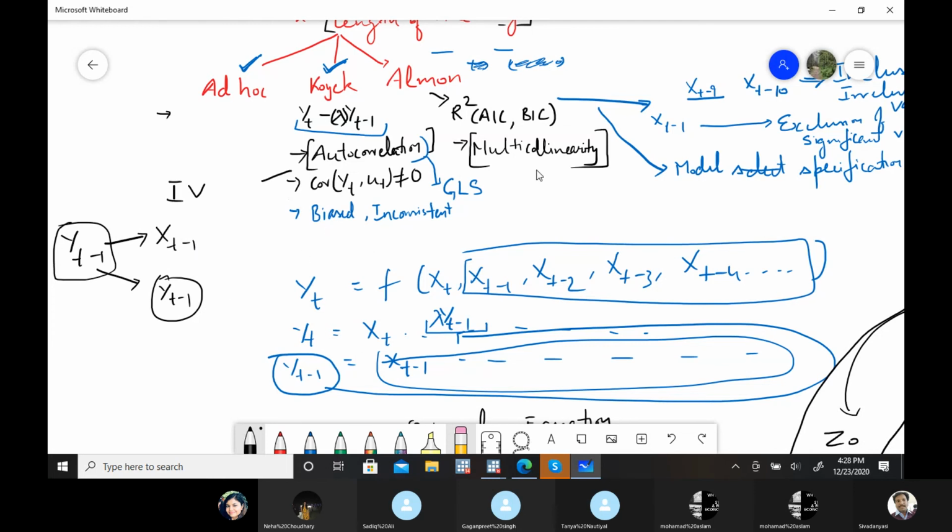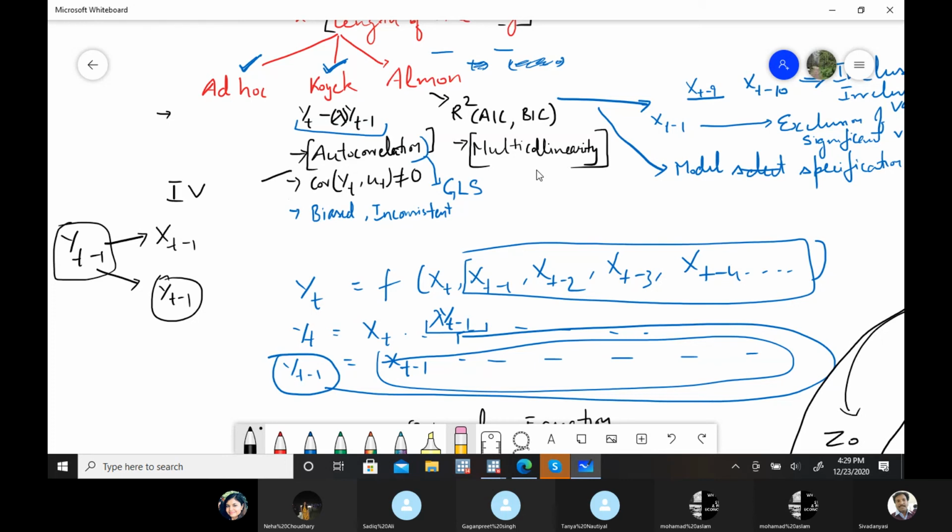This is the solution. For multicollinearity, so far there is no solution. Generally in the multicollinearity chapter, the answer you find is that we have to add data, more variation in the data, or we may exclude that particular variable. These are the common answers for the solution to multicollinearity.